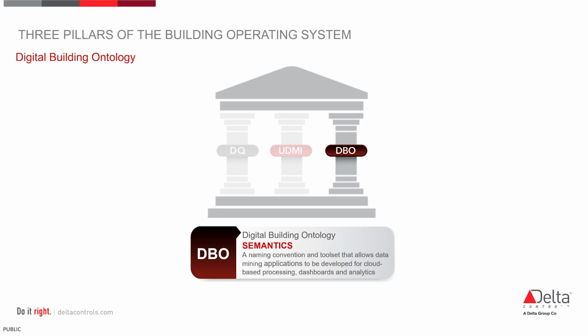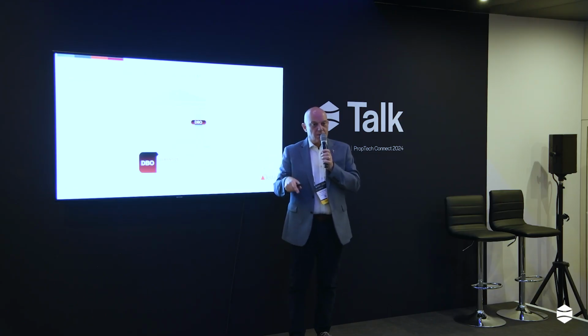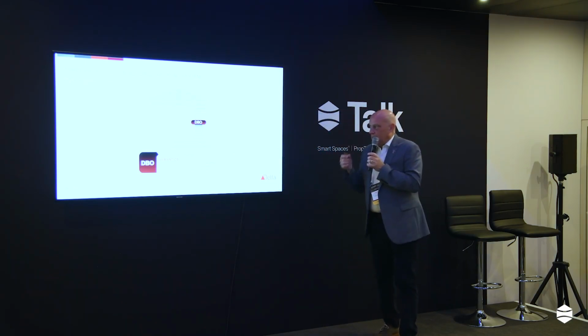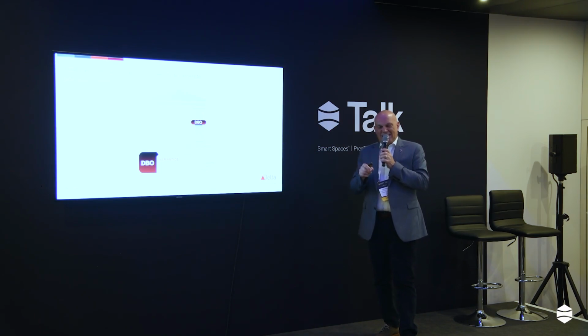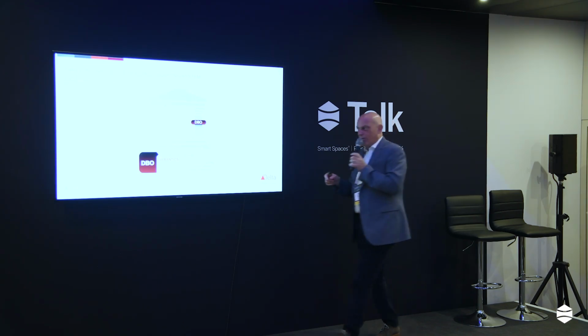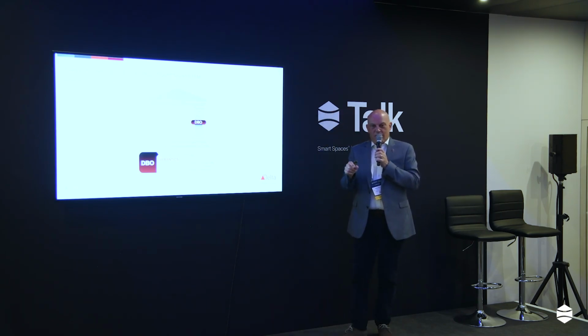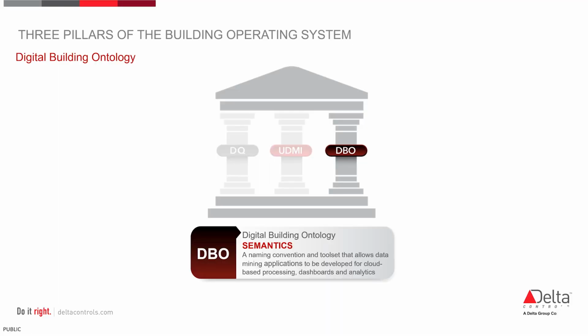The last piece is the ontology that's used. Google, on their buildings, they've got their own ontology. People have probably heard of Haystack. They've probably heard of Brick. There are other ontologies. What Google did is they looked at Haystack and, okay, don't quite like that. Some bits I don't like in there. Then they looked at Brick, which came out of University of Berkeley in California. They quite liked Brick, but it didn't quite do everything they wanted to do. So they, as Google being Google, wrote their own and then open sourced it.